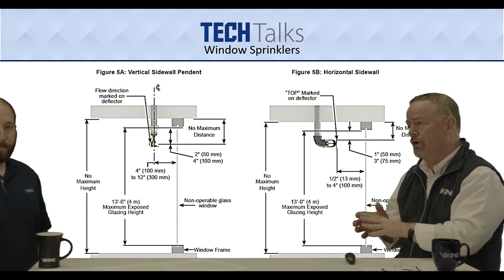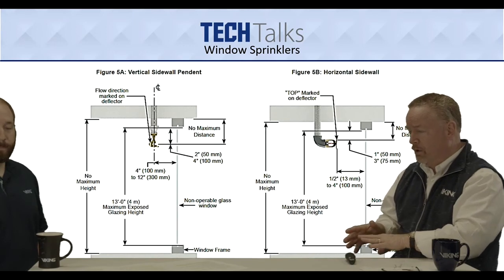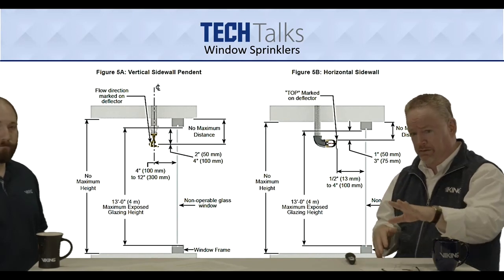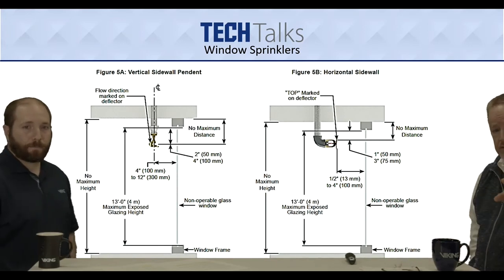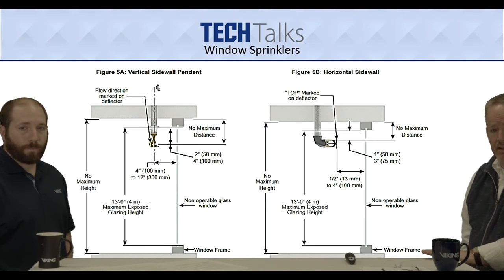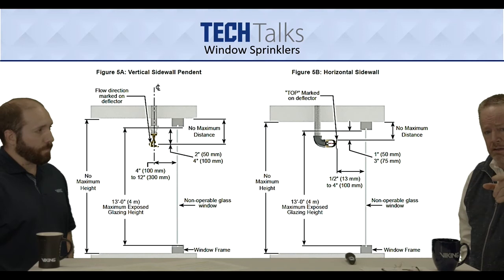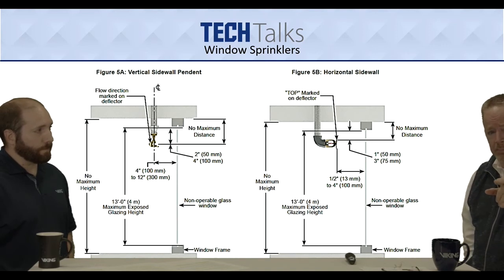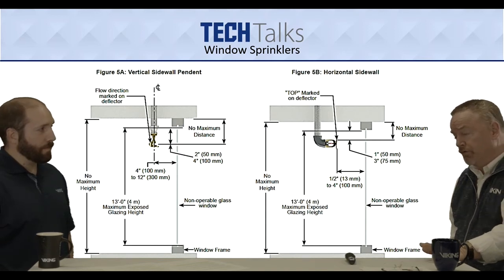to know that each one of them has different spacing requirements though, away from the glass, right? Depending on which one you're using, you can see that there's distances below the frame that need to be maintained from that top frame. And then there's differences between the 4 to 12 separation from the glass itself for the vertical sidewall, as opposed to half inch to only 4 inches for the